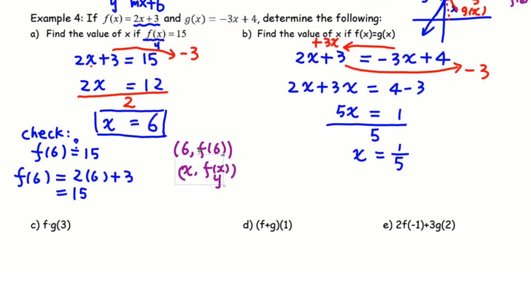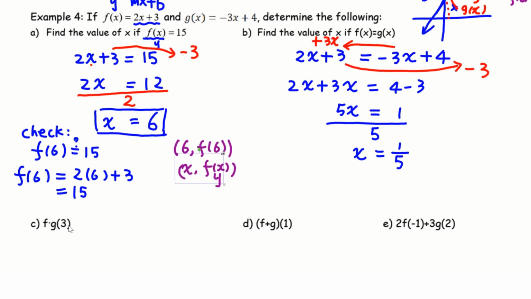So we are going to continue with f at g at 3. Remember, this is equivalent to f at g at 3. So we go from inside to outside. We find the input x equals 3, get the g at 3 value, then use this value as the x value, and substitute into function f of x. So g at 3